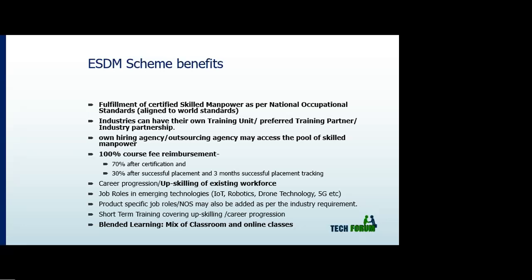Then there is 100% reimbursement of course fees. Another model is train and place. If you are training 20 people inside and you have a requirement of 10, you adopt 10 once their completion is done, and the other 10 you put into the industry. The Government of India will take care of that, because we have our own setup and online facilities to take them.